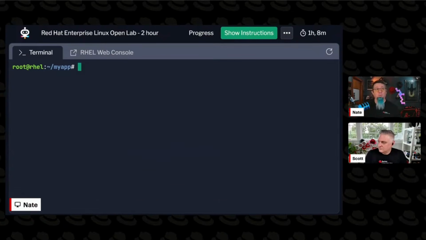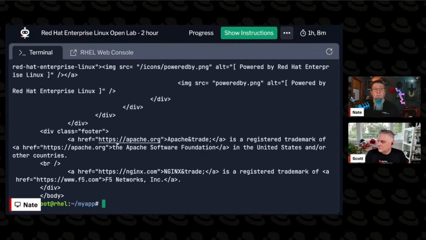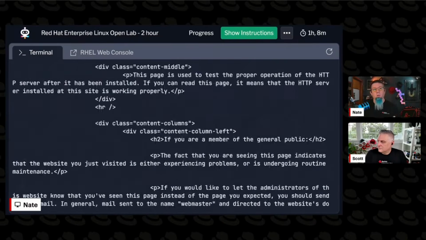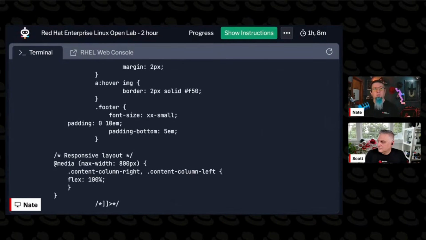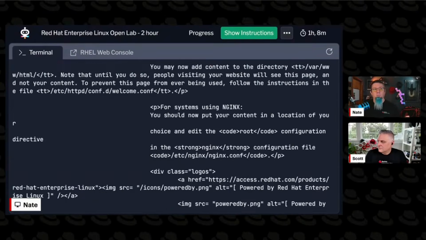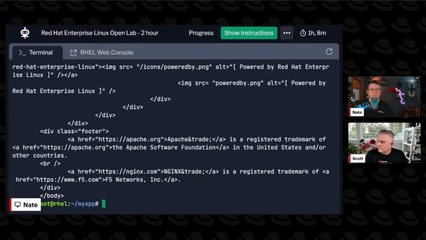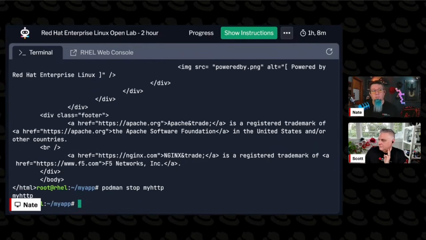Okay, so of course, the ultimate test, let's make sure this thing's working. Now, remember, I told it to listen on port 80. So now localhost port 80 should get me to my container, and it should just get me the Apache It Worked page, or the RHEL default page, which is exactly what it did here. I know that's a lot to look at on the screen, but just trust me. That's the It Worked page, like the welcome page that you get from either Apache or Nginx when you run them on a RHEL box and don't specify any web root or any additional content to serve as the web root. So I'm going to stop that container,